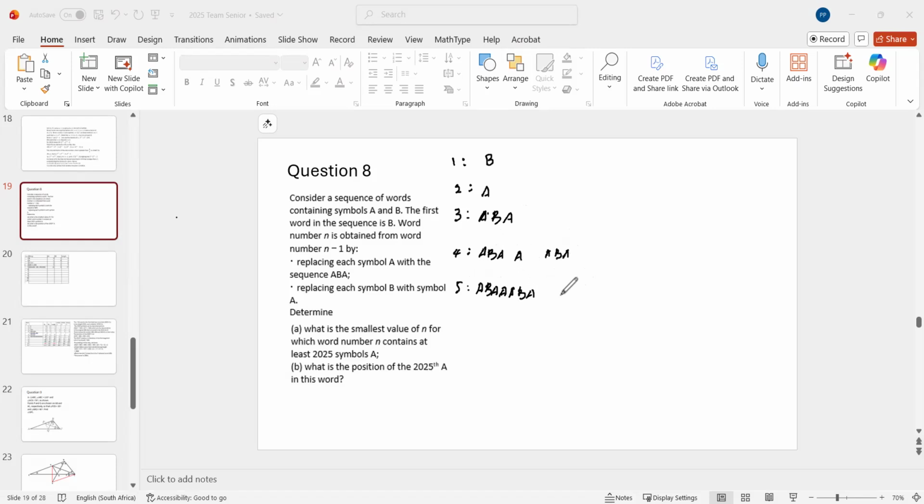And this A here also becomes ABA. And this is exactly the same as the first. So it will be ABA, first A, the B here becomes A, and the last A becomes ABA. So now you've got the fifth word, this long string here. You'll notice that you've got 7,